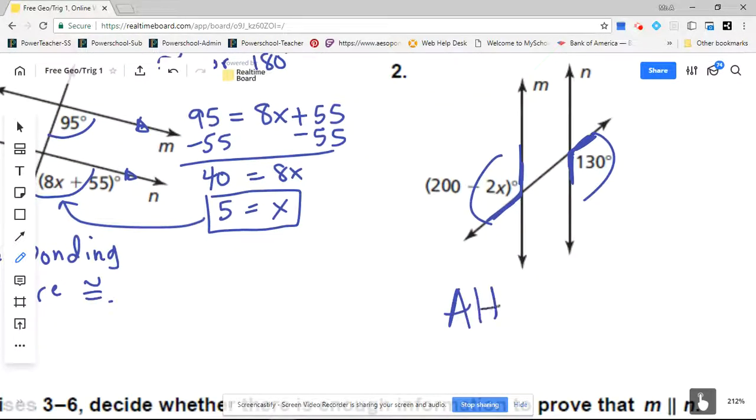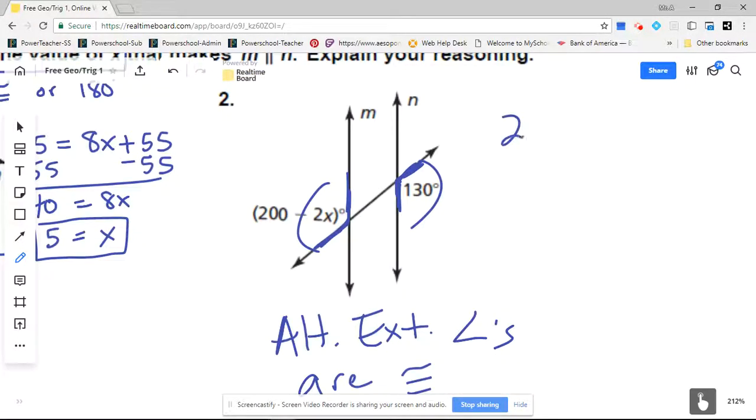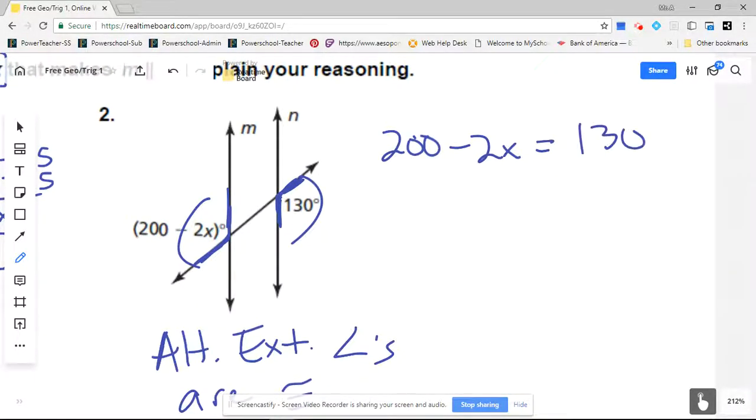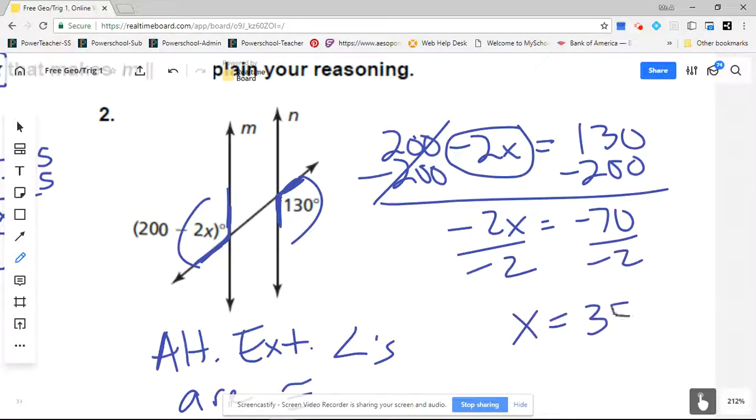Alternate exterior angles are congruent. So you're going to take the 200 minus 2x, and you're going to set that equal to 130. So I would subtract my 200 on both sides. So you still have a negative 2x. That negative doesn't go anywhere. And you get negative 70. And when you divide by negative 2 on both sides, you're going to get a positive 35 for your x